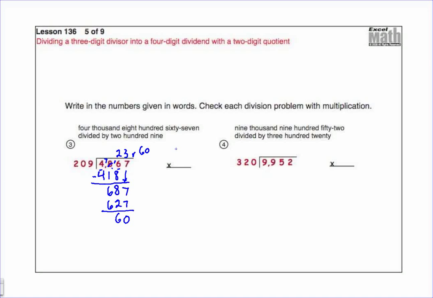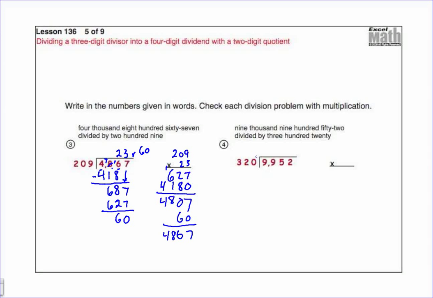And then you're going to do 209 times 23. 9 times 3 is 27. There's a 0 over there, so I know I can just plop that 2 down here. 2 times 3 is 6. Put in a 0 placeholder. 9 times 2 is 18. Again, I got a 0 coming next, so I just put the 18 down. And 2 times 2 is 4. 7, 10, 8, 4. Add your remainder of 60. And we get